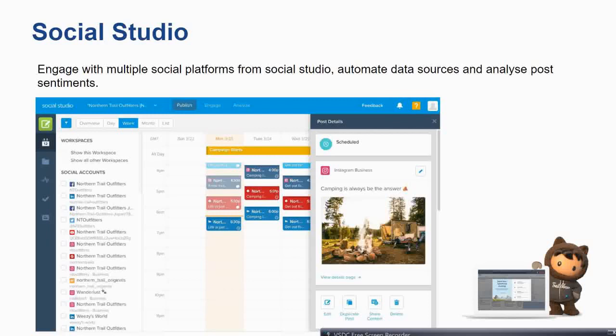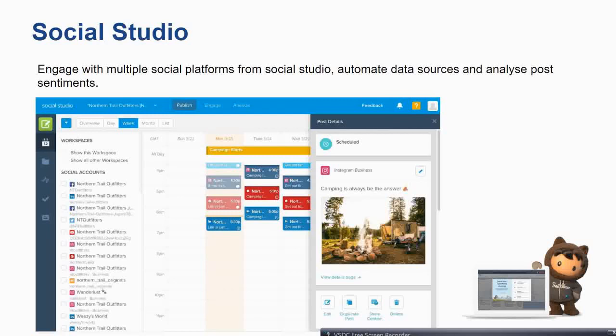It provides something called Studio Automate, where you can look through what is going on in your social accounts. You can have a review and analysis of the posts, and you can also categorize them.